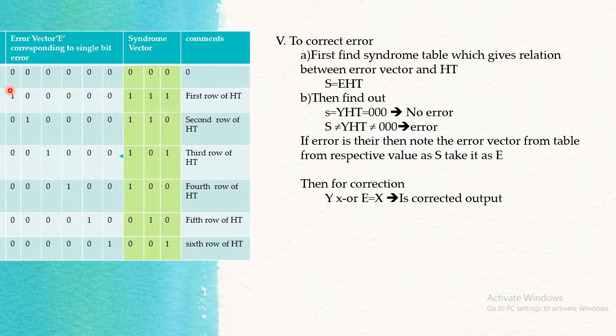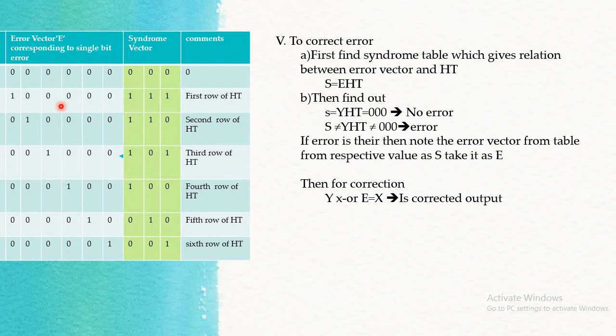So here I have explained what the error vector and the syndrome tables are. First, we consider the first condition, where the error vector is of size 6: 1, 2, 3, 4, 5, 6. All values are 0. If all values of the error vector are 0, it means whatever value we have received is without an error. This error vector is multiplied with the H transpose which we solved in the previous step, and we take the XOR, and we get the answer equal to 0. This is the condition where the error is not there, so whatever value we have received is correct. So this is the first step.